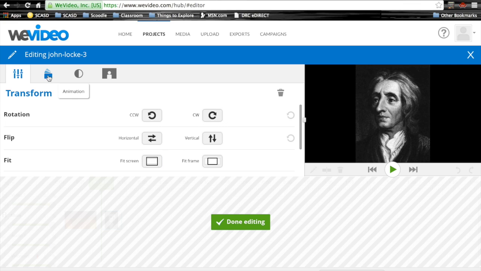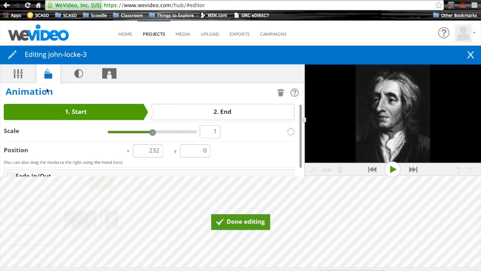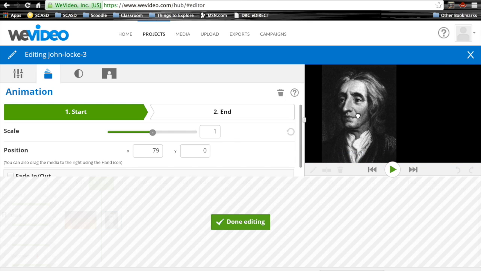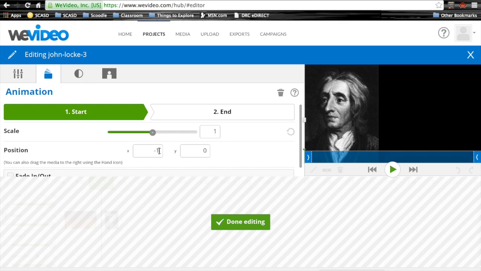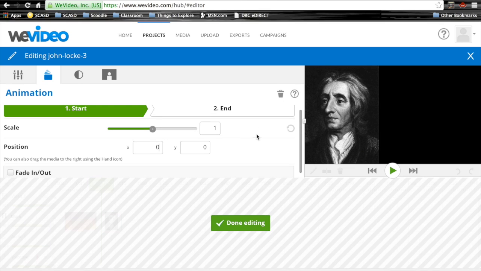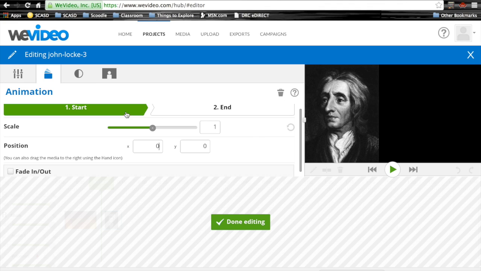So I'm going to leave it on fit screen, and I'm going to change its position. In order to change its position, I can come right over to the preview. I can grab it and drag it somewhere else within the presentation. If I want to be more precise, I can come in here and I can actually change the numbers. So at the start, the picture will appear here on the left. So at this point, if I wanted to, I could potentially put text over here at some point,